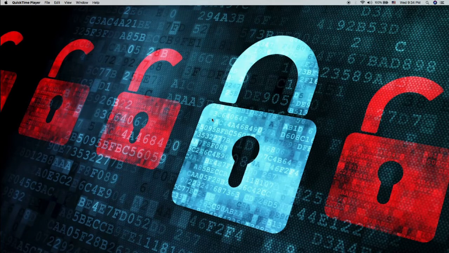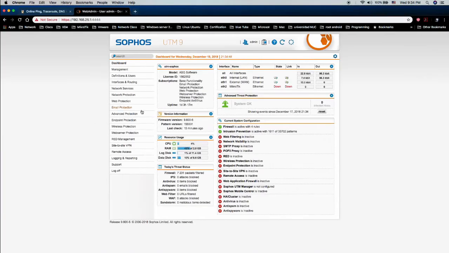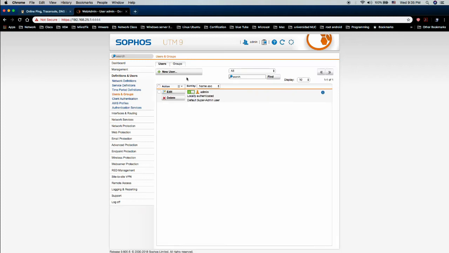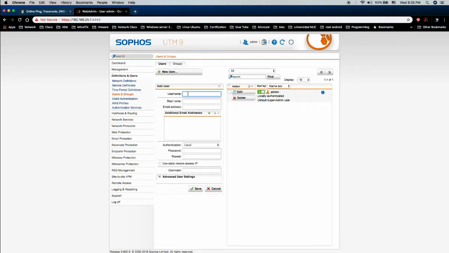Using Sophos UTM version 9. Let's open the web admin, and the first step is to create the user that we want to allow the communication from the internet to the LAN. We're going to click on Users and Groups, New User. Let's call this username Edgar,